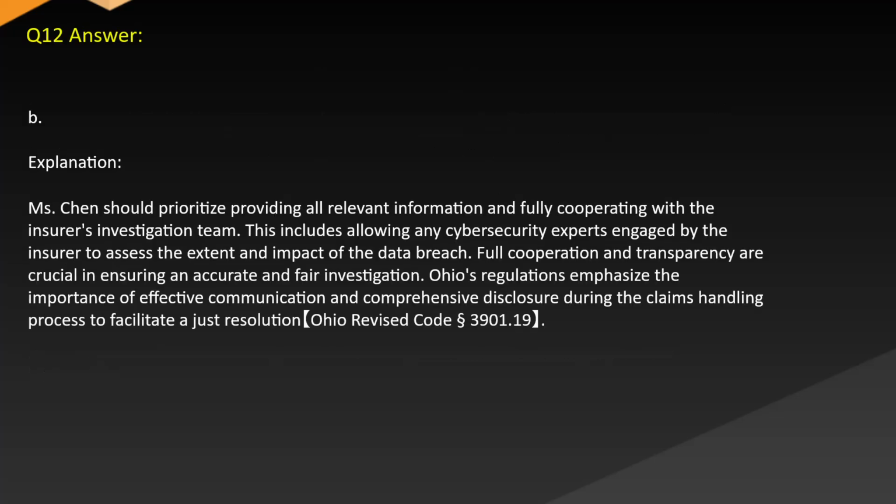Answer: B. Explanation. Ms. Chen should prioritize providing all relevant information and fully cooperating with the insurer's investigation team. This includes allowing any cybersecurity experts engaged by the insurer to assess the extent and impact of the data breach. Full cooperation and transparency are crucial in ensuring an accurate and fair investigation. Ohio's regulations emphasize the importance of effective communication and comprehensive disclosure during the claims handling process to facilitate a just resolution. Ohio Revised Code §